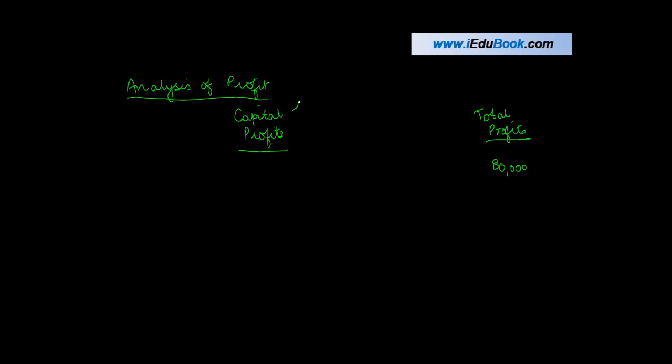Capital profits basically, as we had understood in the concept phase, is the profit earned by the company up to the date of acquisition. In this case, we are lucky that the date of acquisition is 1/10/2011 and they have told us that 30,000 is the profit on the date of acquisition, which means that the capital profits are 30,000,